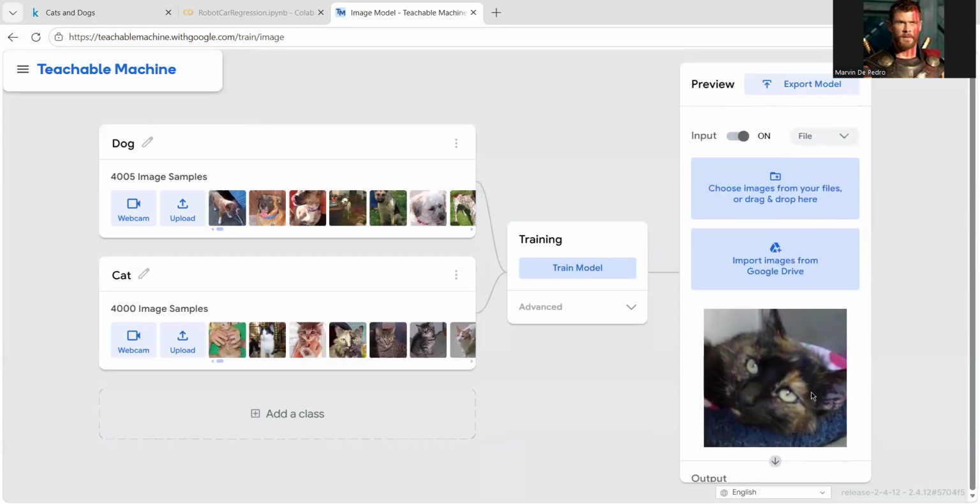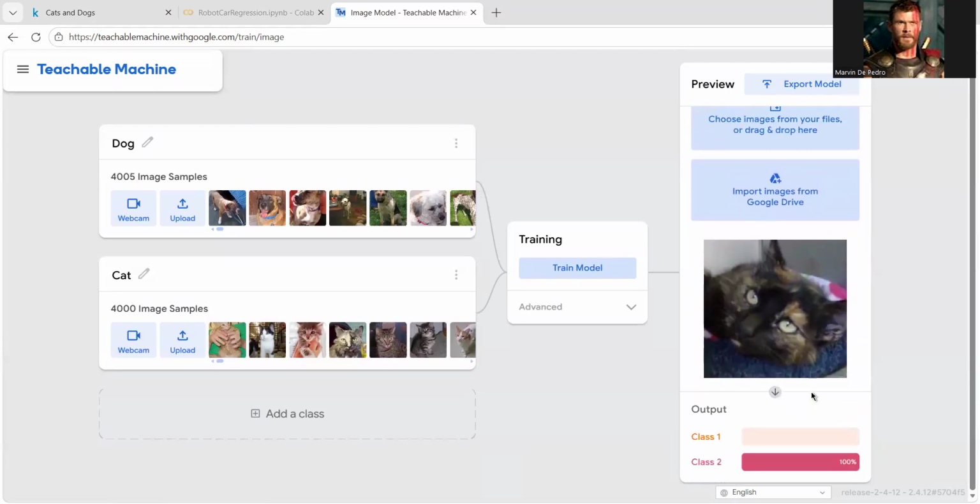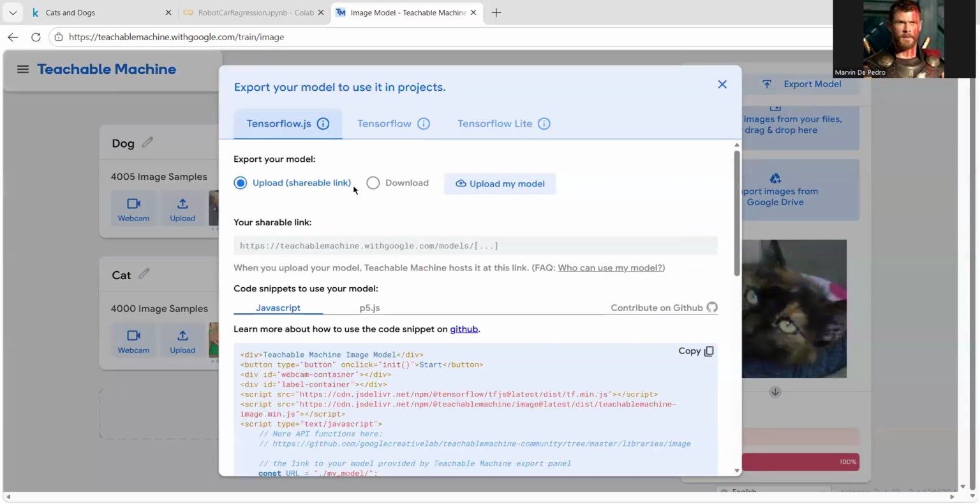Although we don't have an option for evaluating our system automatically, you can evaluate it manually. It depends on your case and your objectives. But another way is to export the model. So just click export, and then you have these options.